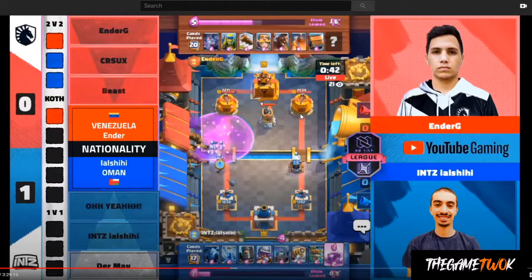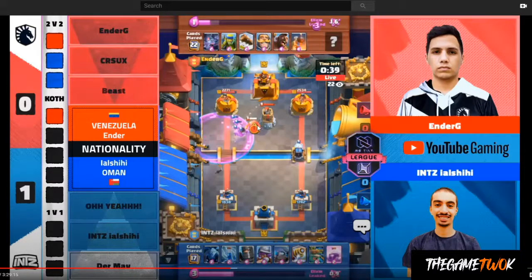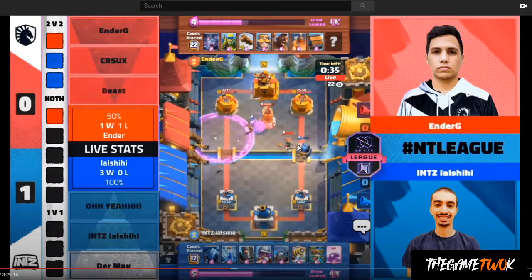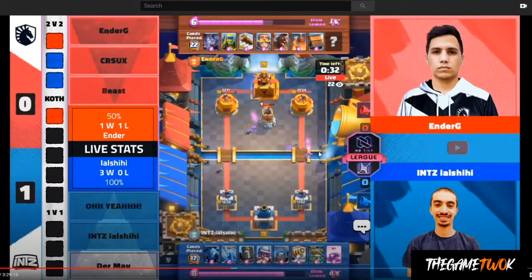So what happens is, yes, those minions get the Princess Tower. This knight comes in right between the bomb tower and this mini. So now the mini has to attack this knight, and the delivery comes in, stops this Sparky. I think that play right there with that delivery is what a lot of people are talking about,